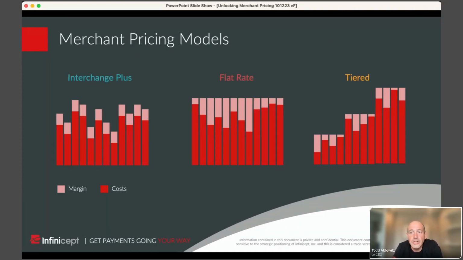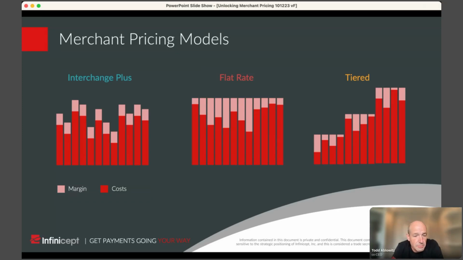So you'll hear sometimes an interchange plus pricing. Interchange plus means whatever the interchange rate is. There's over 1,000 interchange rates. And we'll talk a little bit about how interchange rates get set. But there's over 1,000 of them. And interchange plus is that pass-through concept where the payment company, the embedded payments company, for example, would price the merchant and just say, okay, whatever interchange is, you pay. Whatever network fees are, you pay. And we're just going to add something to it. So every transaction could have a different price. And it just depends on how interchange comes through.